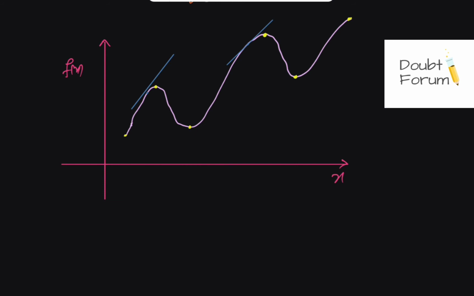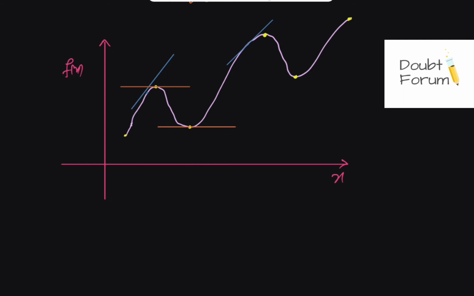So one thing is very clear: the slope of the graph at the relative minima and relative maxima points is 0. How? Because this point is representing the local maxima point, and if we draw the tangent at this point, it is parallel to the x-axis. When the tangent is parallel to the x-axis, it means the slope at this point is 0. Similarly, if I draw the slope at this point of the function, this will also be a line parallel to the x-axis.